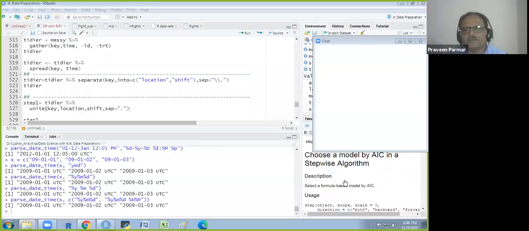Yeah. So for the separate function for dot, we have to use two backward slashes before that. Okay, sir. And in the unite there is no requirement for the backward slash. Understand? Yes, sir. That is the thing. We are getting the same thing again. Okay. What we have previous before the... I will mention that. Just a moment. I will show you that thing where you are getting stuck. I know that.